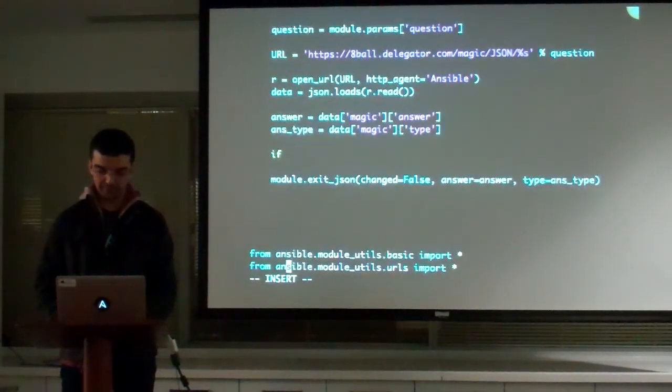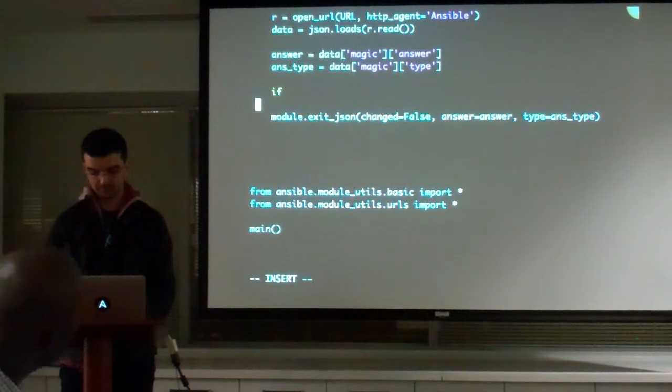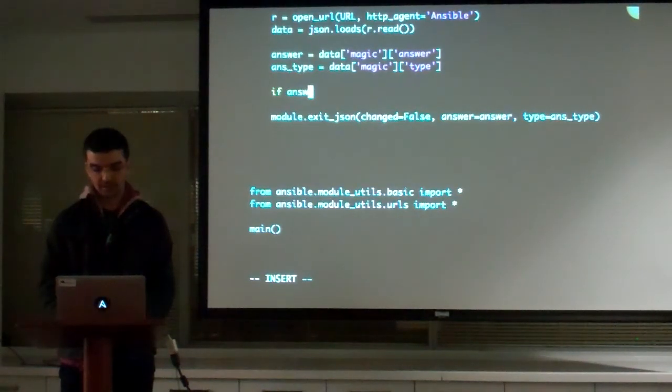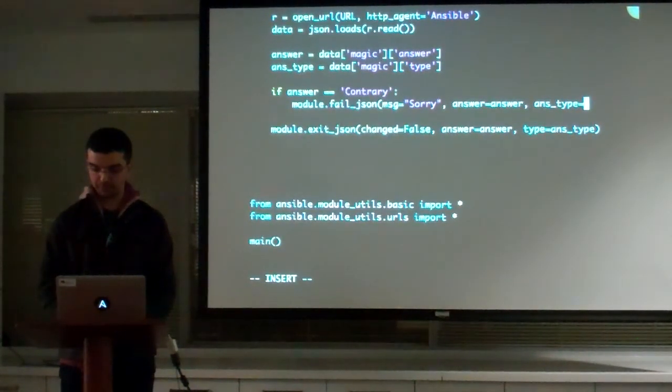All right, so at this point, just a very basic conditional, where we say if, let me move this up a little bit for everybody. If the answer is contrary, we'll do module.fail_json this time. We'll supply a message argument, saying sorry. And then we'll also supply the other values. So we'll say answer again equals answer, and type equals